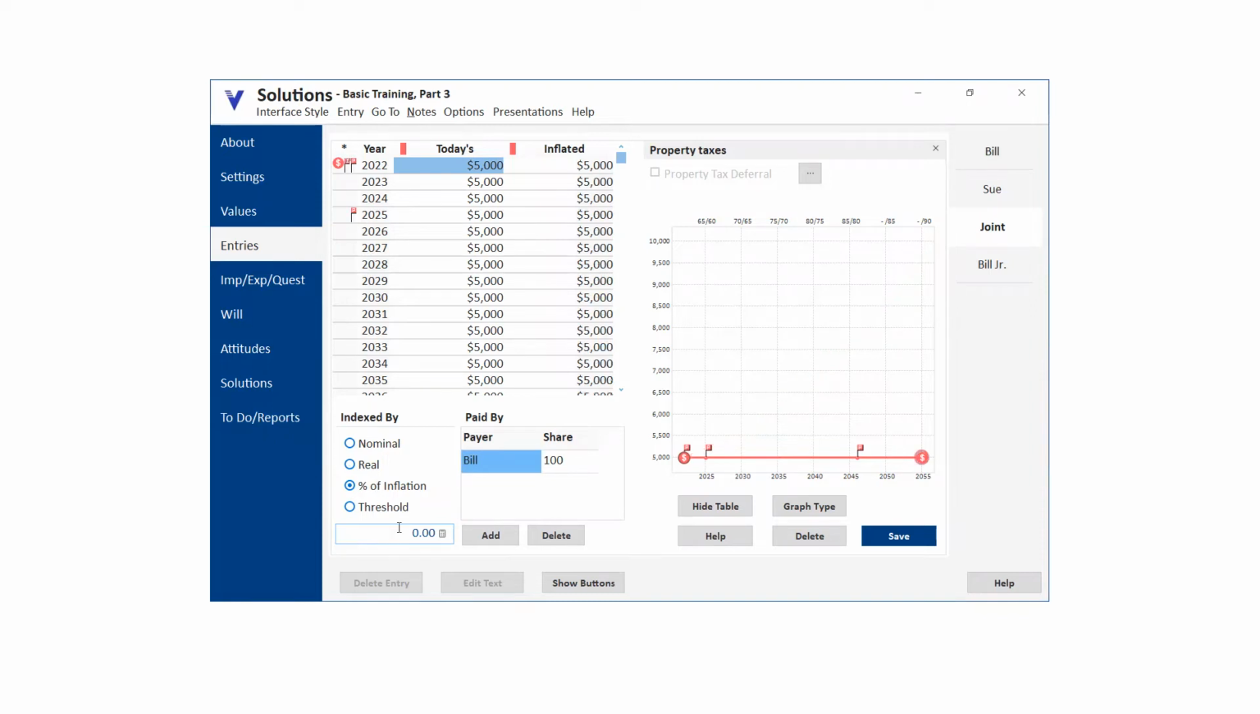Percent of inflation you can use, it's like 50% of inflation, or whatever it might be. So 5,000 becomes 5,050. Threshold is not used particularly often. It is mostly available if there are any DBPs that are private DBPs that are still in operation. And in their case,